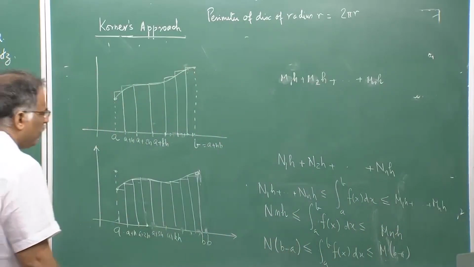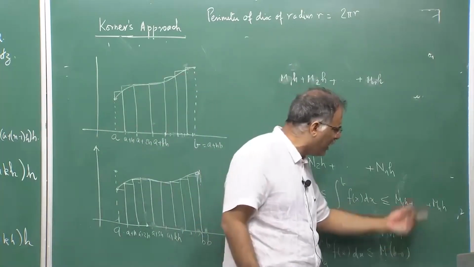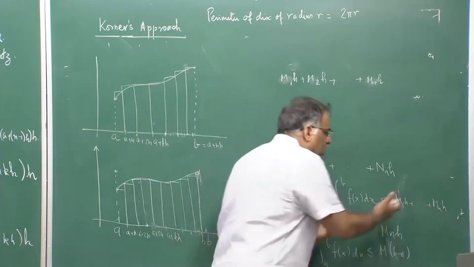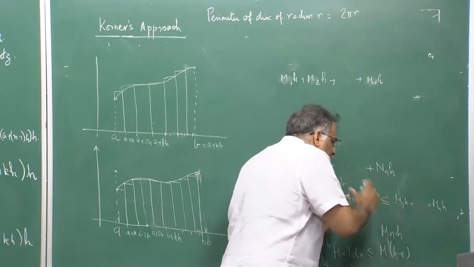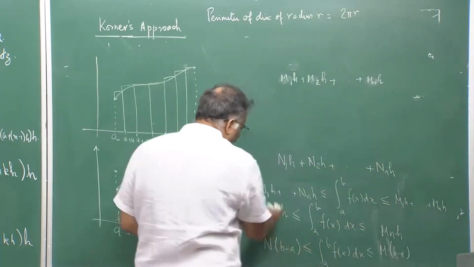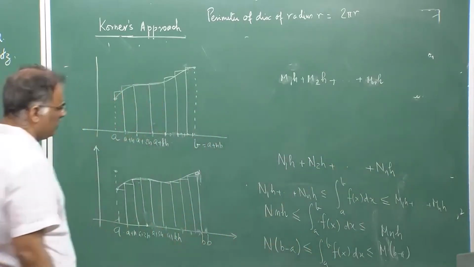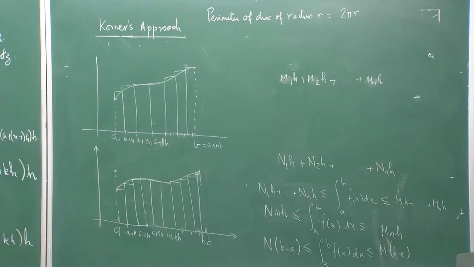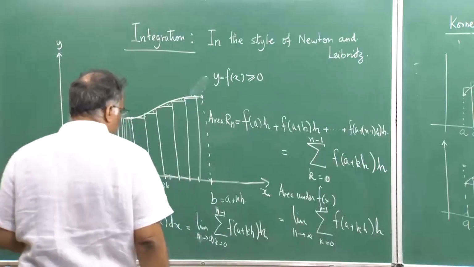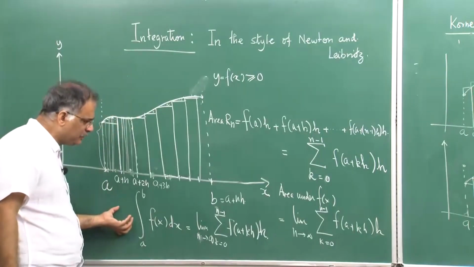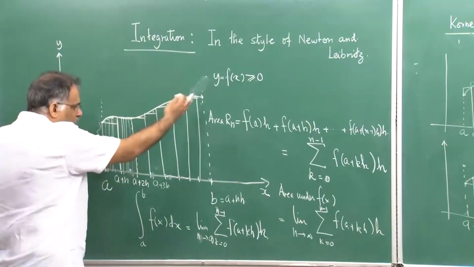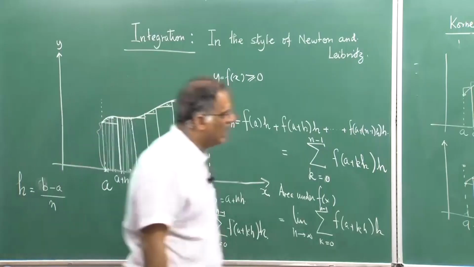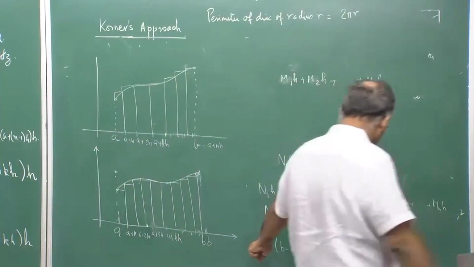So what you have done here, all these m1, m2, mn are actually less than capital M, because these are all over the interval, and M is the maximum over the whole, and n is the minimum over the whole, so the lower bound over the whole. So you see, we had used this limiting idea to know that finally we will get to the area, whatever is the case, and this is exactly